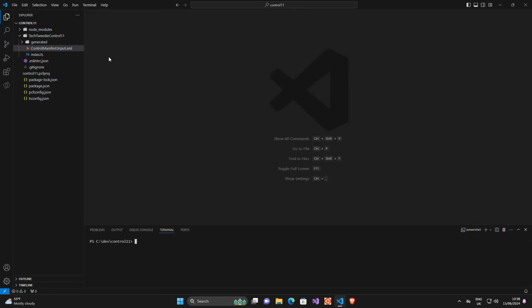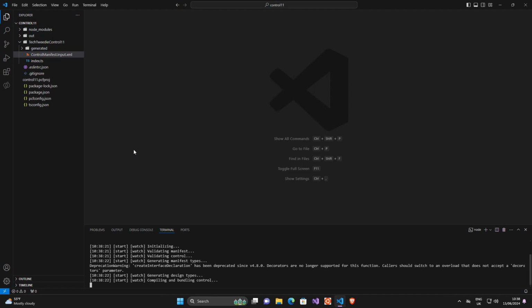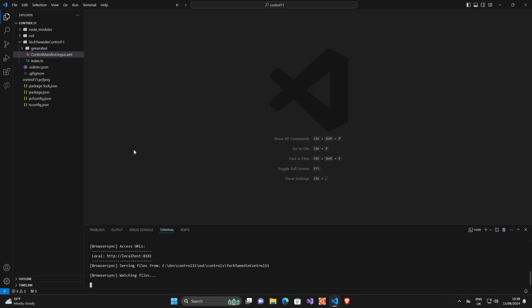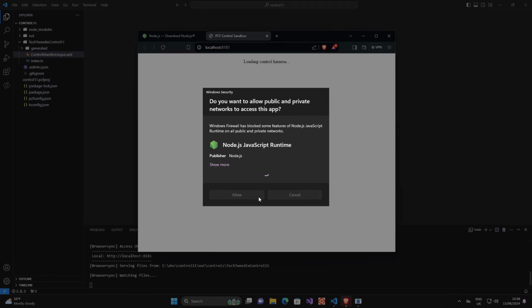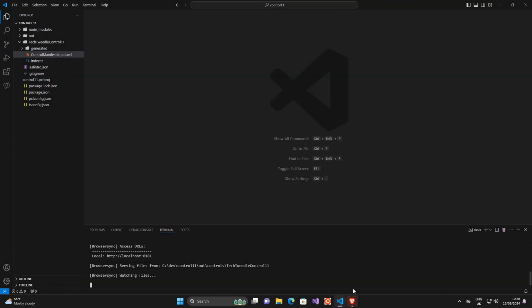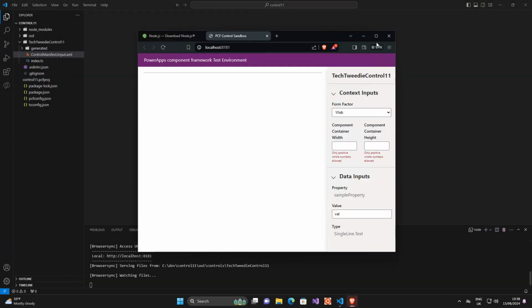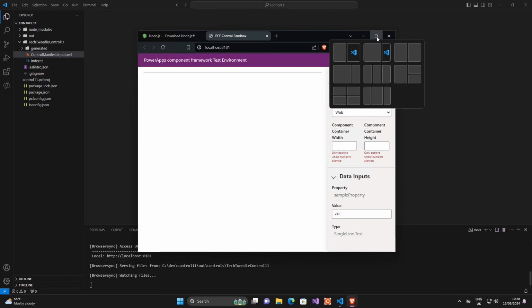So for now, we're just going to start up Harness. To do that, we open up the terminal and we do npm start watch. Now this will open up our web browser. Because this is the first time running it on this dev machine, it's going to ask me to allow. I like to run with clean dev machines quite a lot. So we've got our localhost